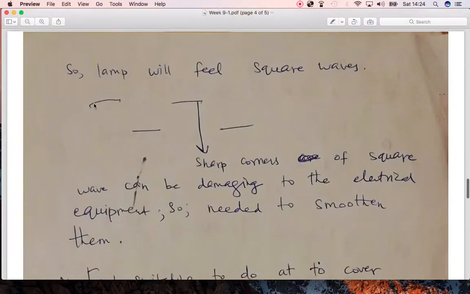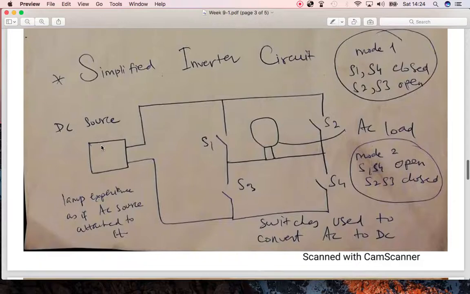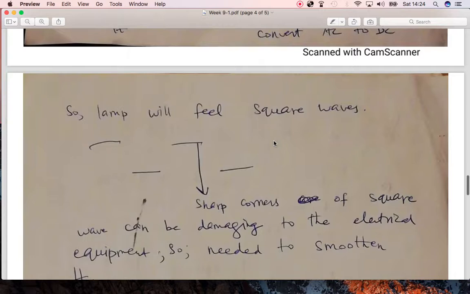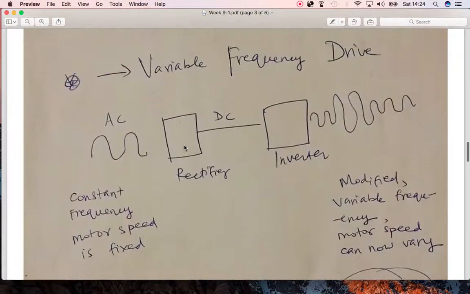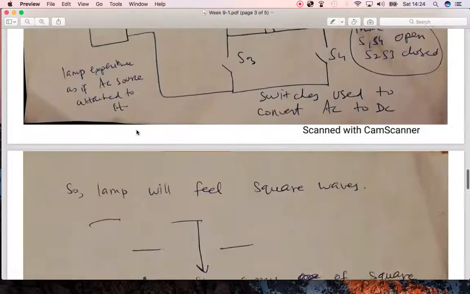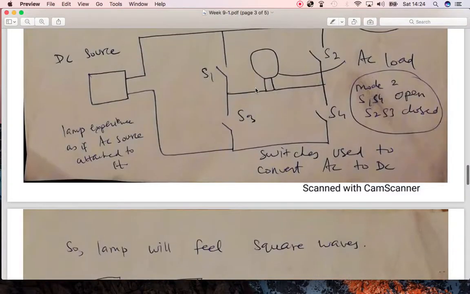As you can see from here, it will be low, high and low, high at the rate of 50 hertz, and this is a way by which a DC source can run an AC load. But there is a problem: we have a square wave, high and low, with sharp edges. Because it is not purely sinusoidal, which the AC load requires to operate with a sine wave signal like this, it can damage the AC load or the circuit.